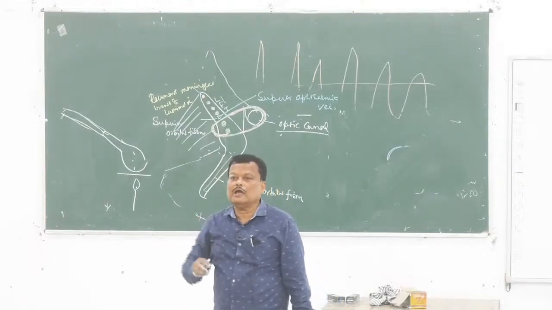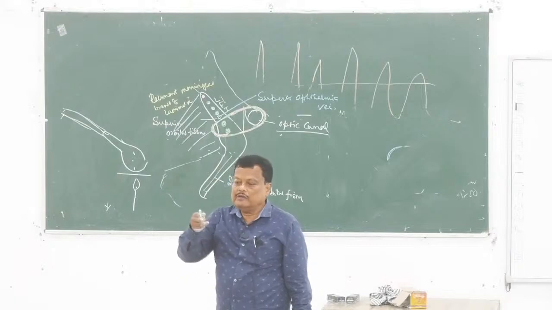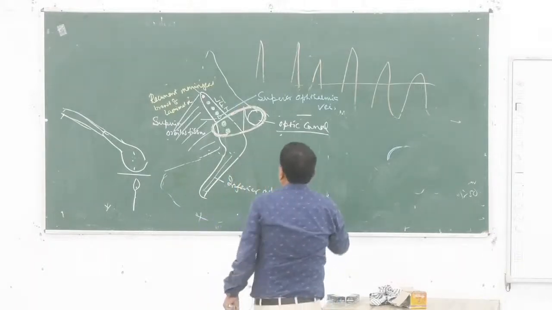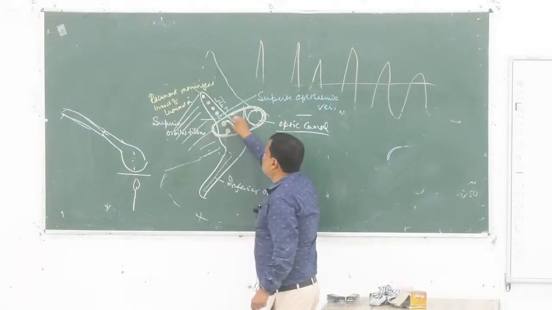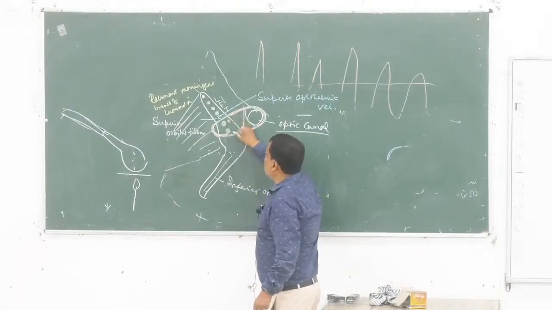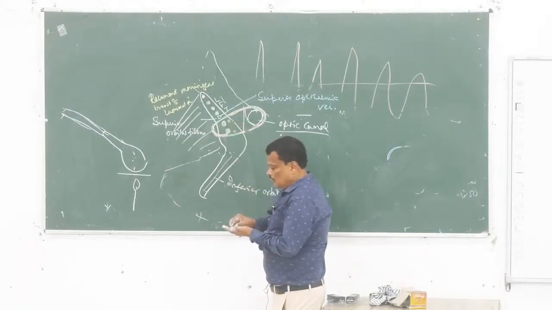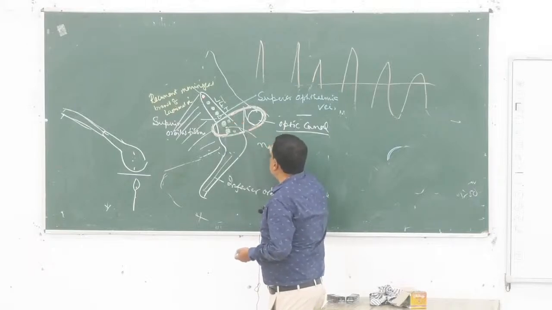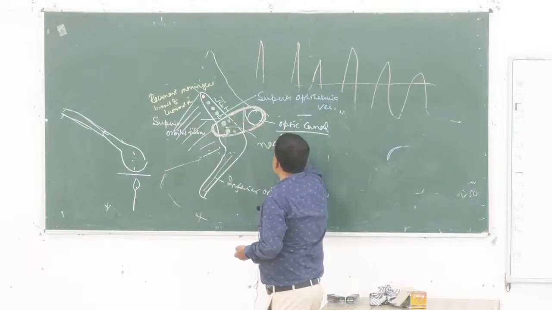Just before entering the orbit from the brain, it divides into upper and lower division. So here the upper division and the lower division of the oculomotor nerve, it is the third cranial nerve. And between these two divisions, another nerve passing, which is known as the nasociliary nerve, which is also a branch of